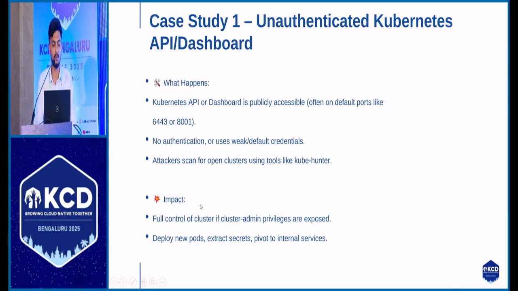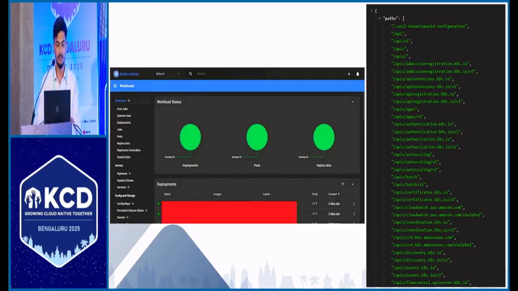So full control of the cluster, claiming admin privileges. I even have scenarios where there is an unauthenticated API, but it is secured with limited RBAC. But you can bypass it by creating your own pod, with root and host path added, and you will become an admin. So these are the unauthenticated dashboards and APIs as well.